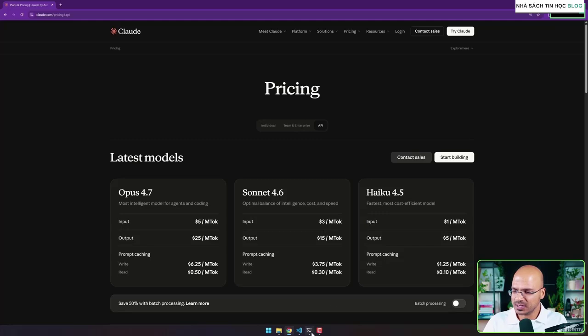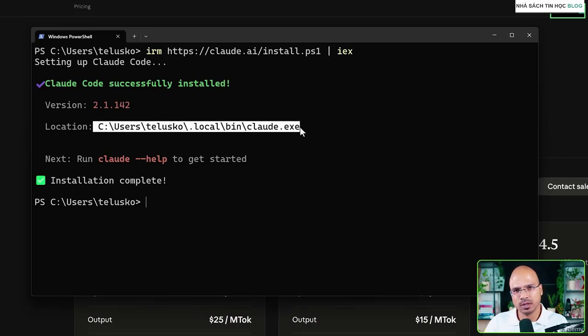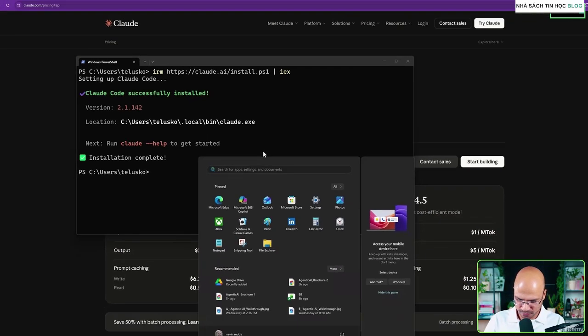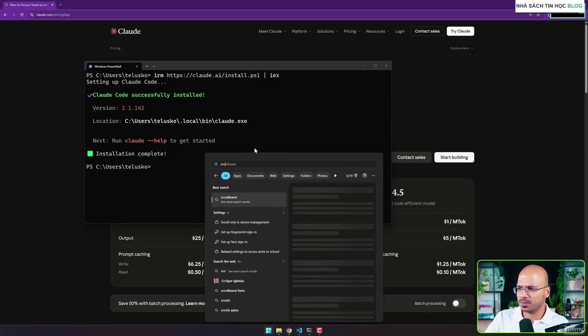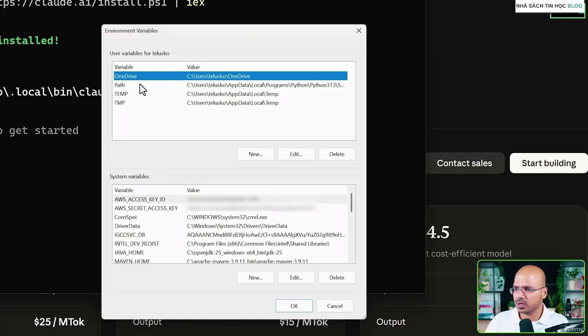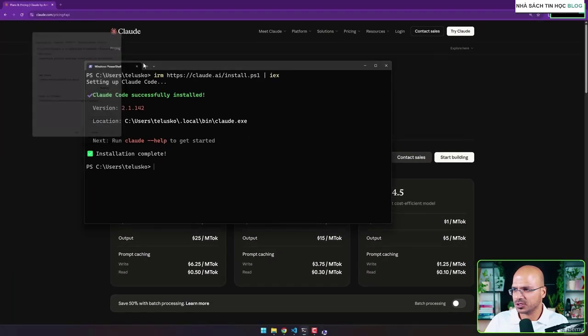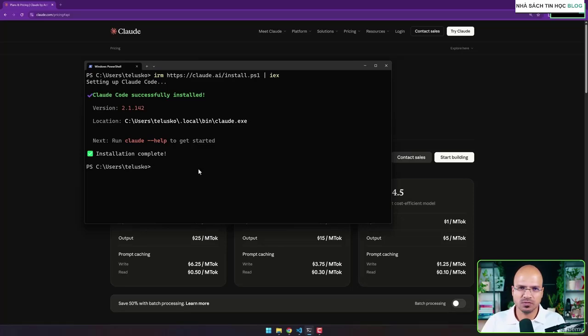Okay, so let's see our terminal and you can see the installation is completed and the folder in which it went is .local, so we can verify the setup as well. Now it might ask you to also add this in your environment variables, and if you don't know how to do that, it will give you a command itself here. So you can just go here and add the particular path. I've already done that because I'm not doing this for the first time on this machine. But it might ask you to do that based on which OS you're using.